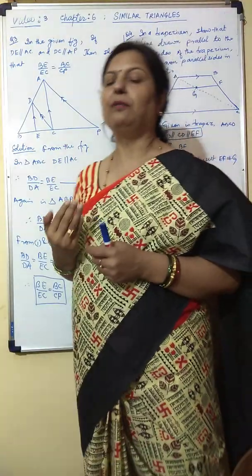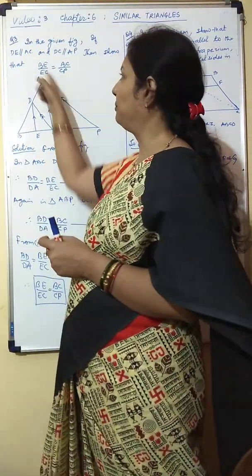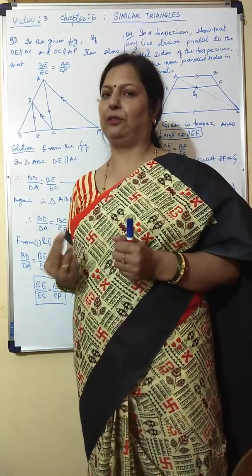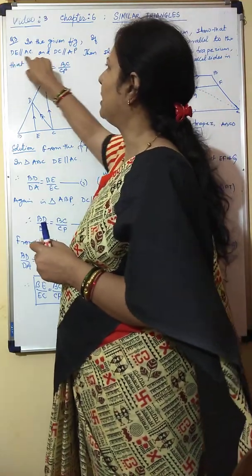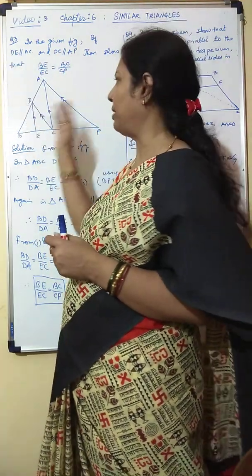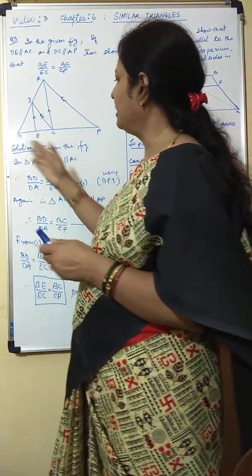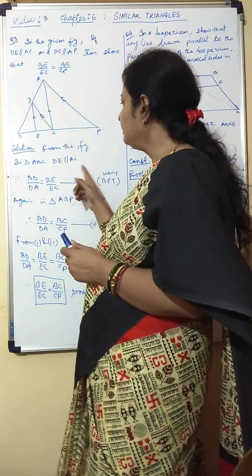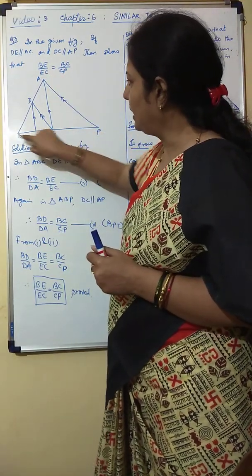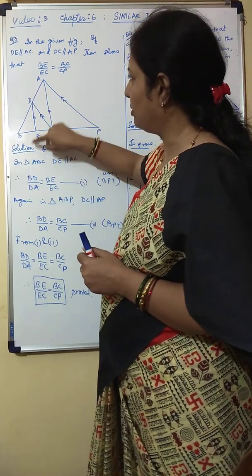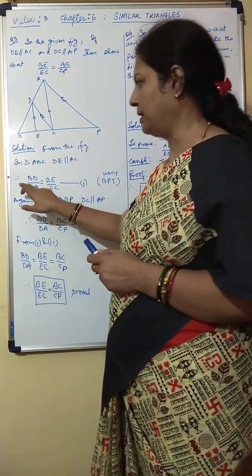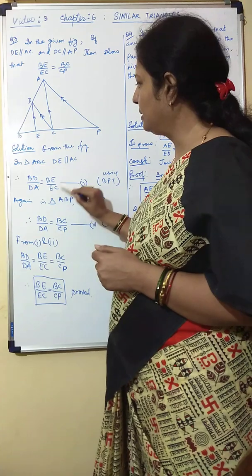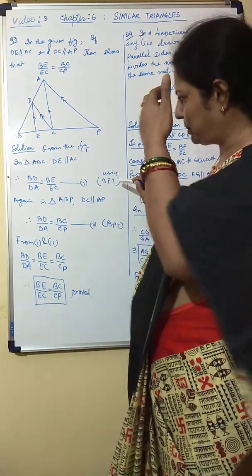Then we look for whether the two triangles have a pair of parallel lines. It is clearly given that they have pairs of parallel lines, so I don't think we should have much problem. Now let us go ahead and apply the basic proportionality theorem to obtain the ratios. In triangle ABC, you are already given DE is parallel to AC. Therefore, the ratio BD by DA would be equal to BE by EC. This is simple using basic proportionality.